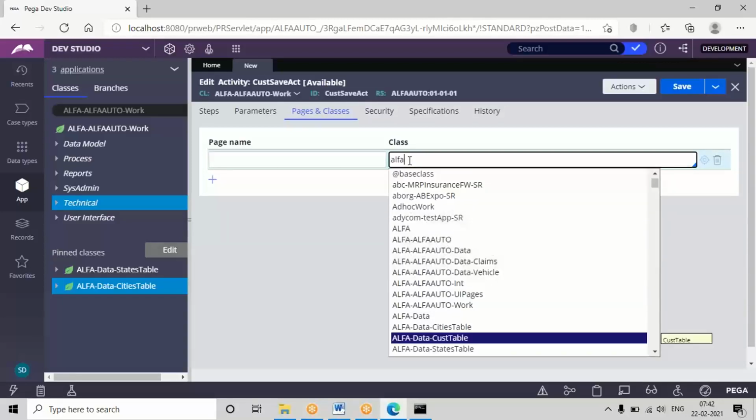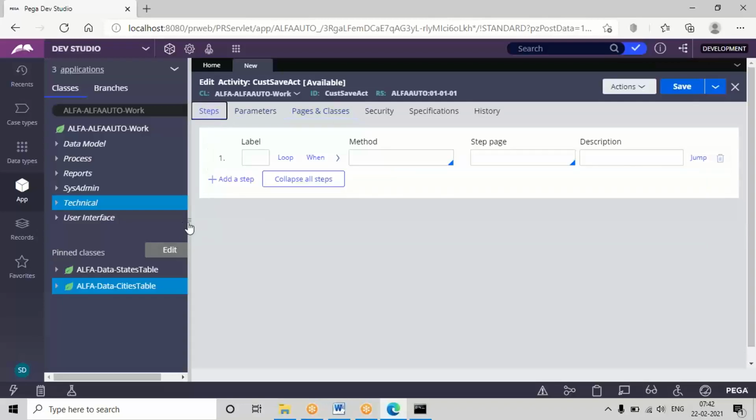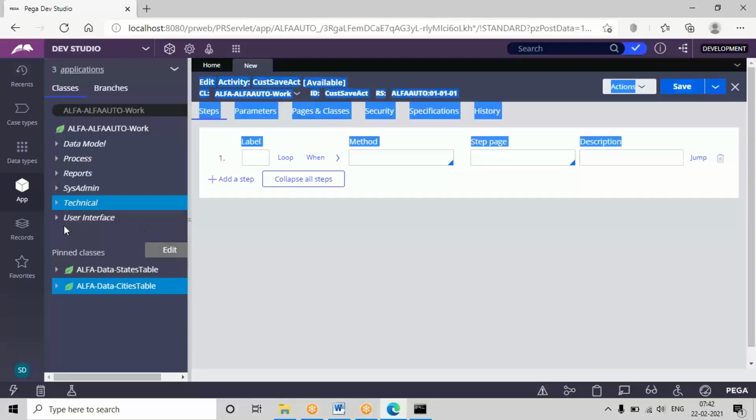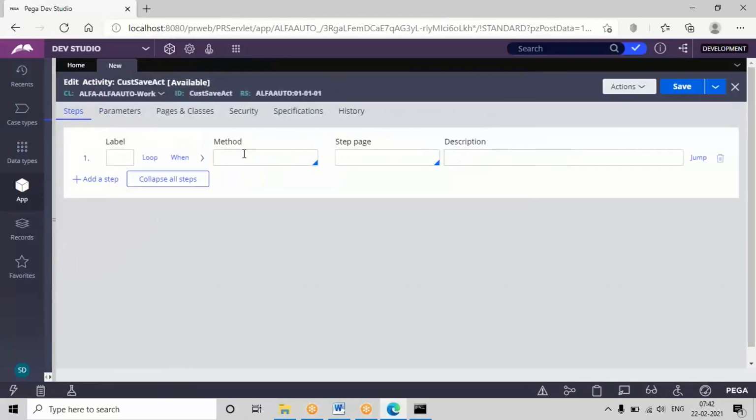So Data-Customer table, and give some reference page to this. Any name you can give as a reference page. So first define this table name and give some reference page name for the table. And if you are defining any new user pages, you can add page new and page remove in the first and last steps of this activity.